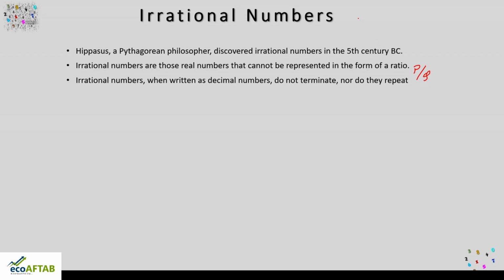So one of the important properties of irrational numbers is, one is non-terminating and the other is non-recurring. The numbers don't reoccur nor do they terminate. So these are one or two of the important properties of irrational numbers. First thing is you cannot write it in the form of p by q. Second, they don't terminate. What do you mean by non-terminating?